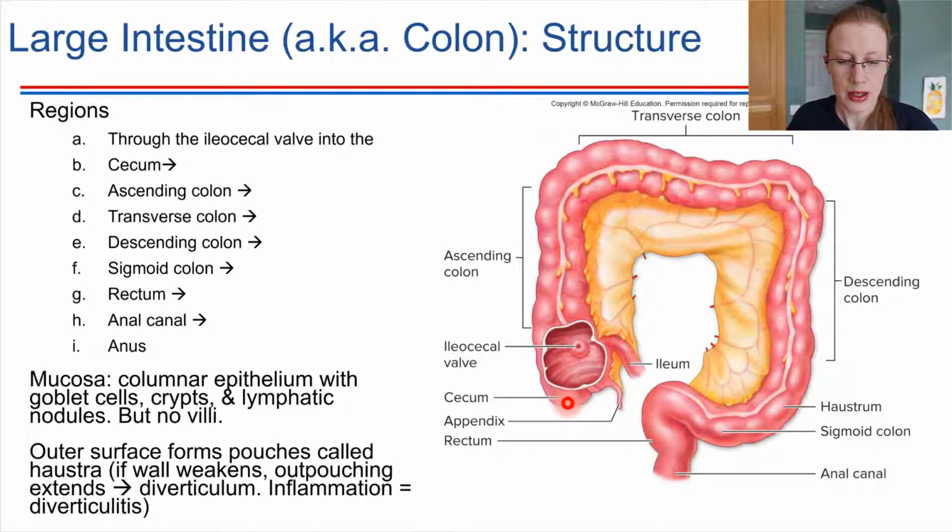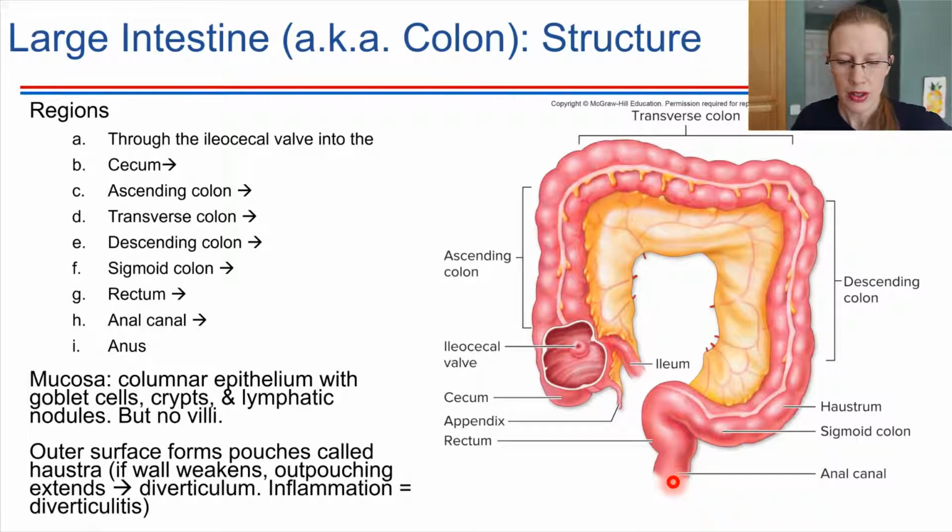And once the chyme passes in through that valve, it will travel upwards. It goes up through the ascending colon, and then it will cut across through the transverse colon. Then it will come down through the descending colon, go around here. This is called the sigmoid colon. It's called sigmoid because it's kind of an S shape, so it's this curvy region of the large intestine. Sigmoid colon leads to the rectum, and then the anus would be the opening where the feces would leave the